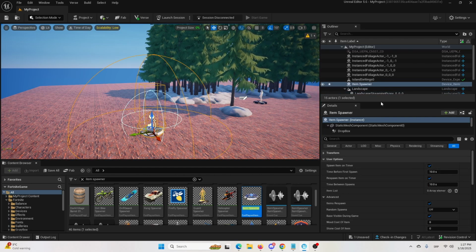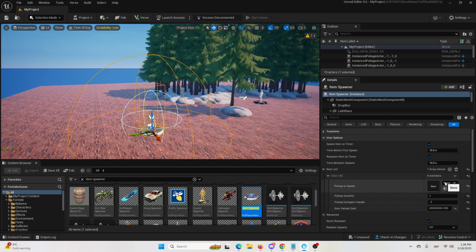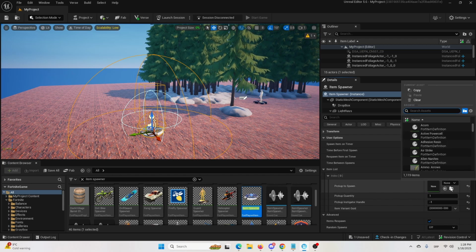Here under different options we're going to edit several of these, and we're going to discuss ways how items can be granted. Now first of course is to find or add the item we want to provide to the players. That's here, item list, the list of items associated with this device. Right now it has 0 elements, so we're going to go to this add element, and here we have the index. We're going to drop it down, and under none we're going to search. As you can see, here's the list of all possible items you have in the game, but let's search for a rifle